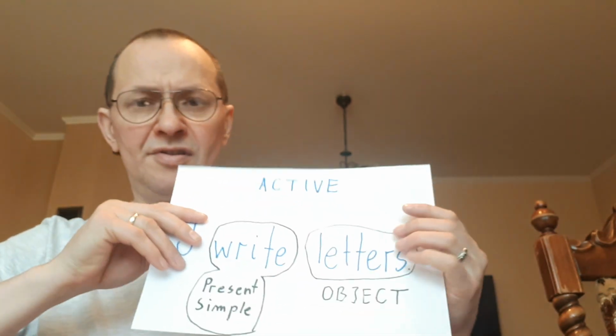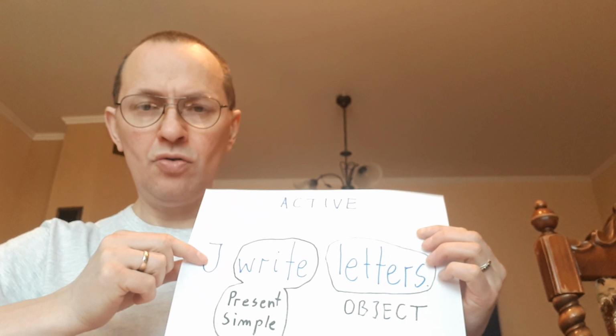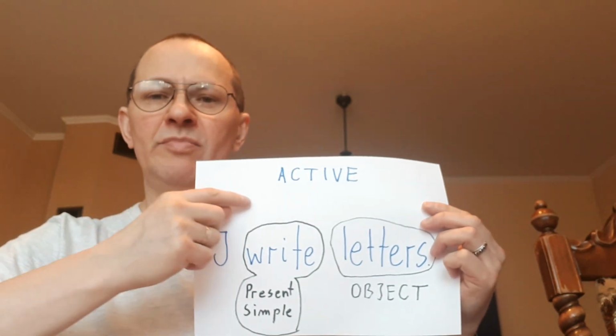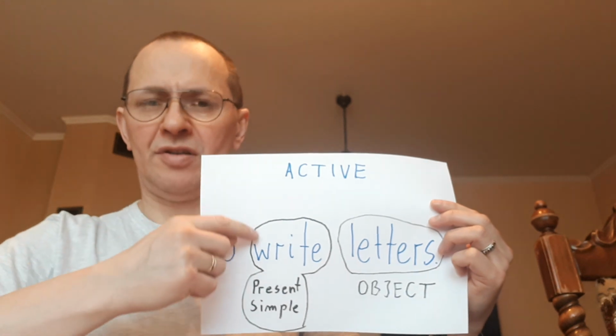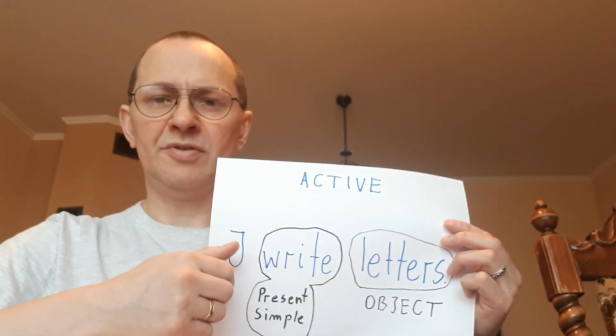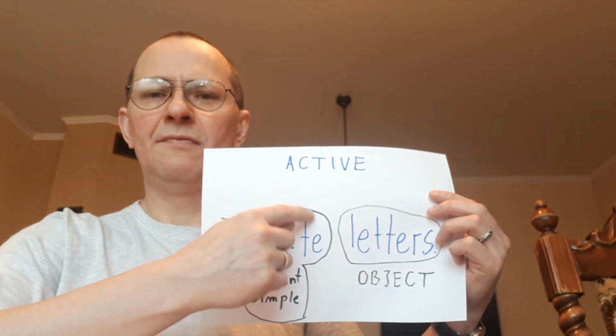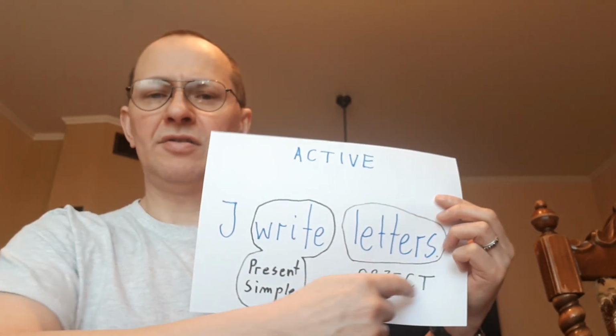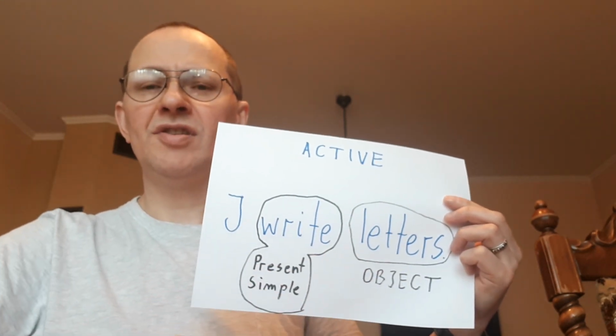In order to talk about the passive voice, we need to talk about the active first. So in the active voice, you say who is doing something, who is carrying out the action. So you begin with the subject in the active voice, the one who does something. And then there is the verb, for example, I write, and then there is the object, the entity which is